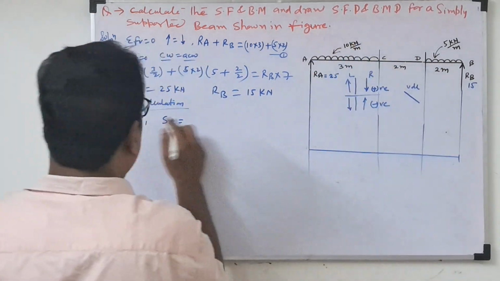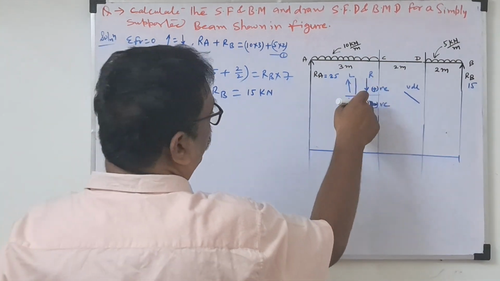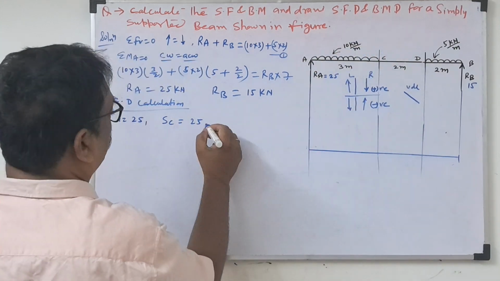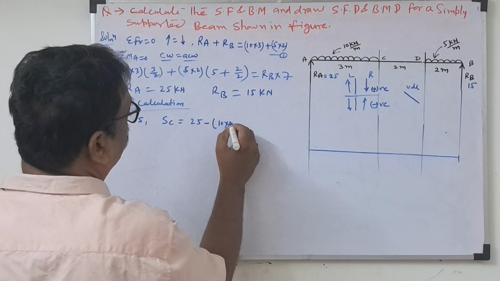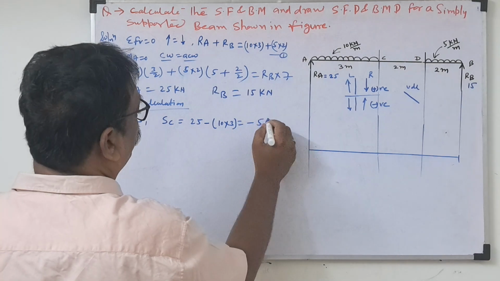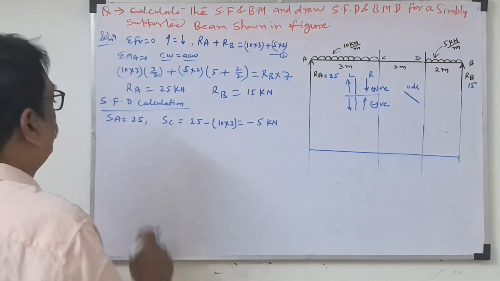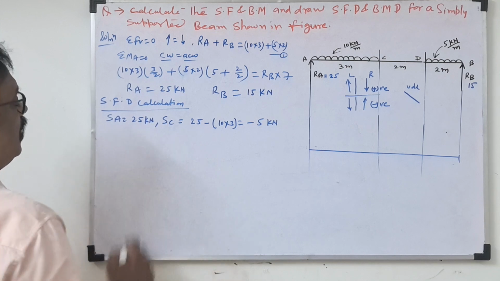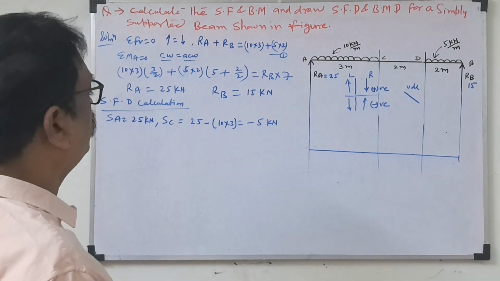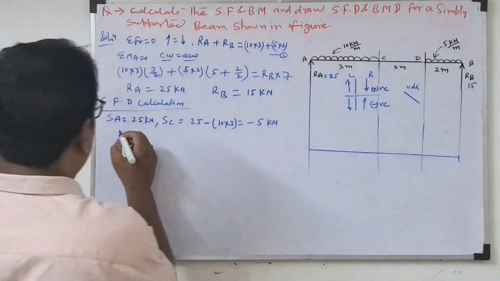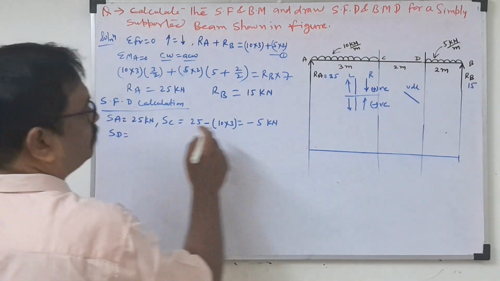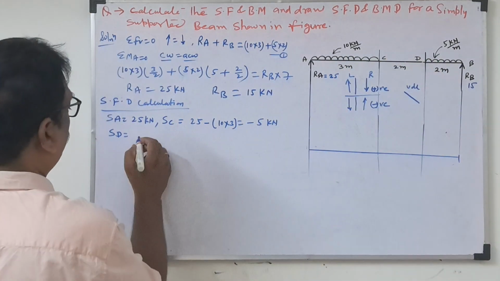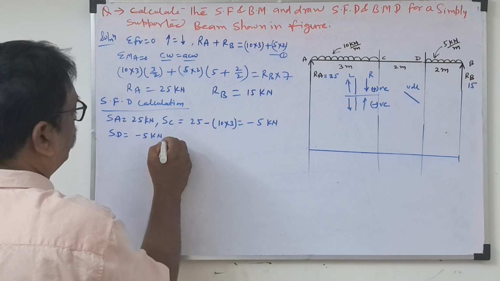Upward force is positive, then downward force is negative. The downward force on the left side is 10 into 3, which is 30. So 25 minus 30 is minus 5 kilonewton. Always write the unit, kilonewton. So SC is minus 5 kilonewton. Now SD. Till SD, there is no load between C and D, so it is the same, minus 5 kilonewton. Then